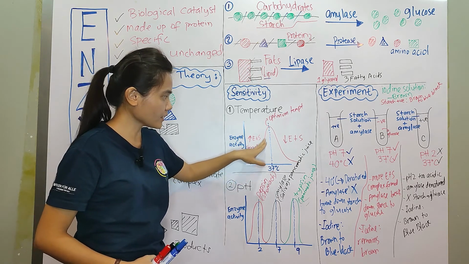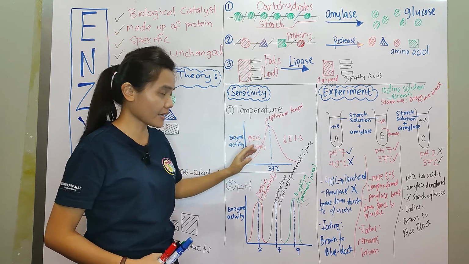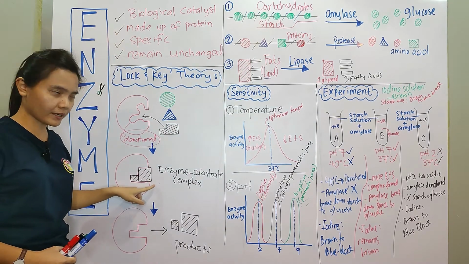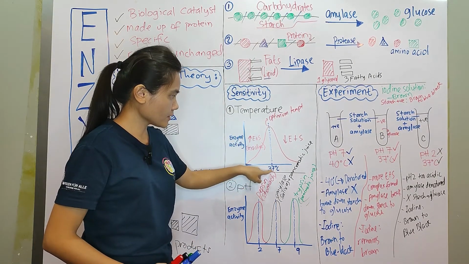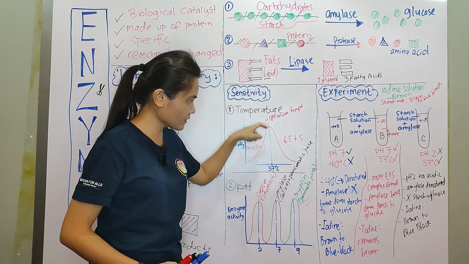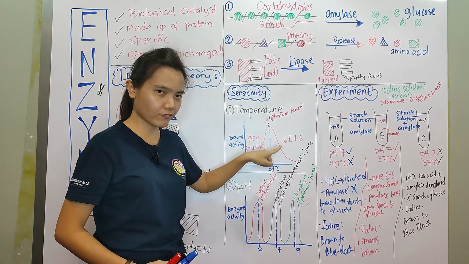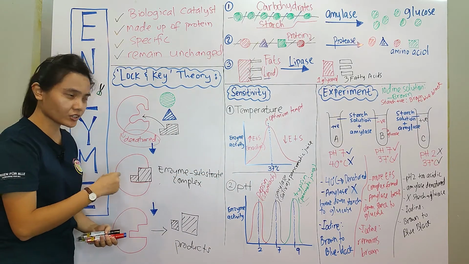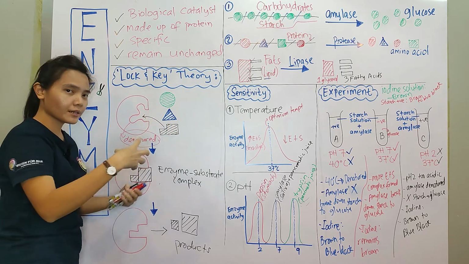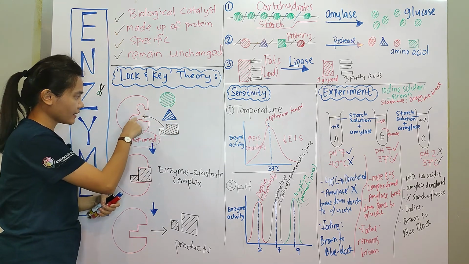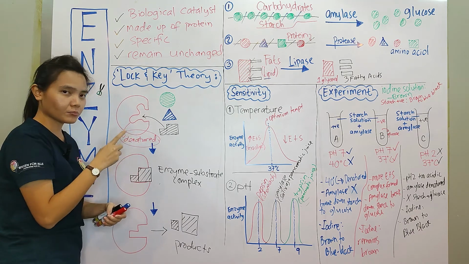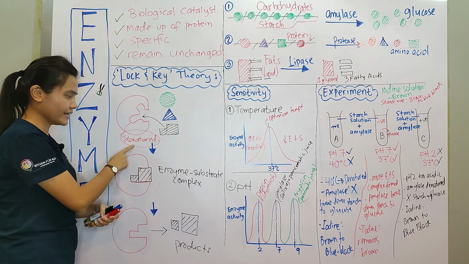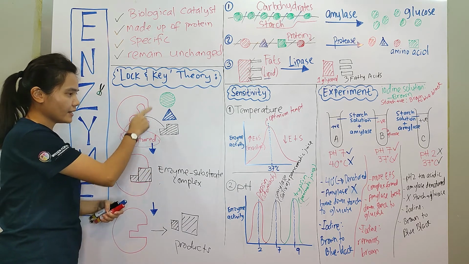But as the temperature increases, go to 37, there will be more enzyme substrate complex form. That is the optimum temperature, 37 degree. Then beyond 37 degree, there will be less enzyme substrate complex form. Why? Because the active site gets denatured. So the substrate can no longer bind to the active site because the active site has changed. Okay, and this one cannot be reversed back to its original shape. So this one is no longer used. It is denatured. Denatured means active site has changed.